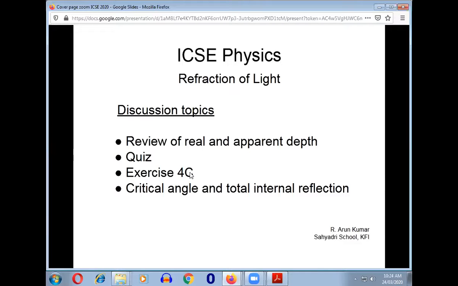We need to discuss exercise 4C. Matlab, I am going to give the assignment today to be completed tomorrow, and if time permits, we will take up critical angle and total internal reflection. So to start with the review,